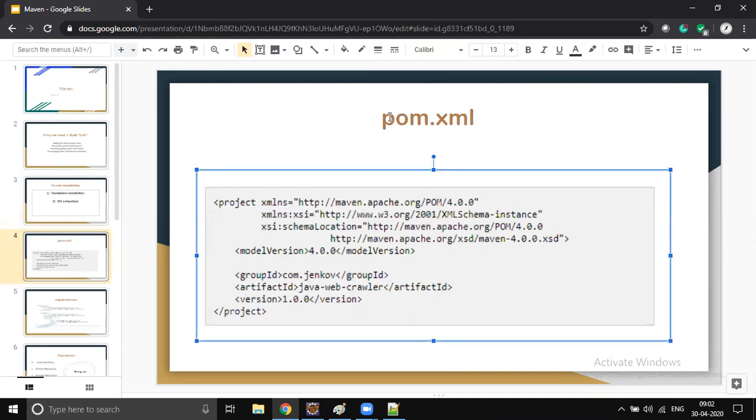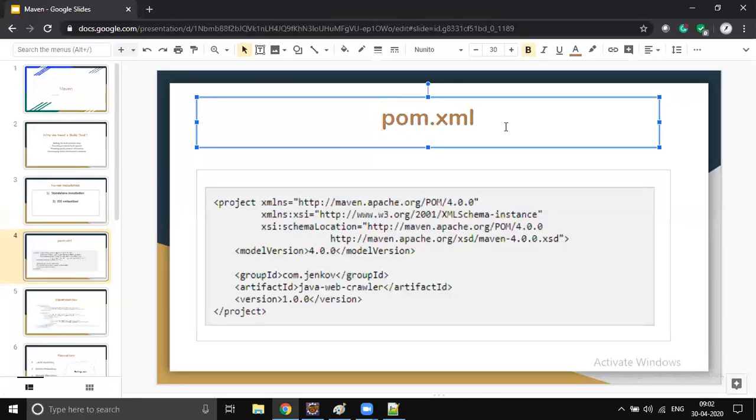Any Maven project will have a configuration file called pom.xml. When you create a Maven project in Eclipse, Eclipse will automatically create a pom.xml for you.